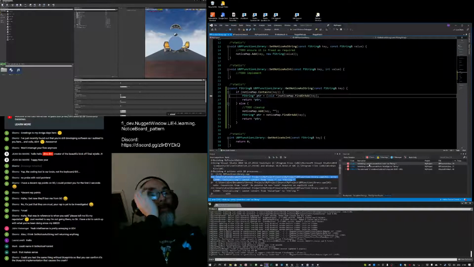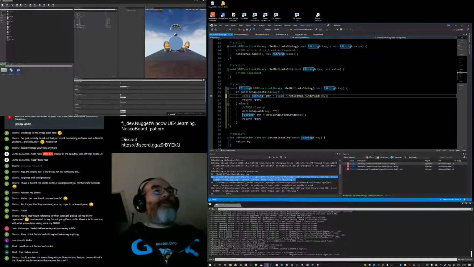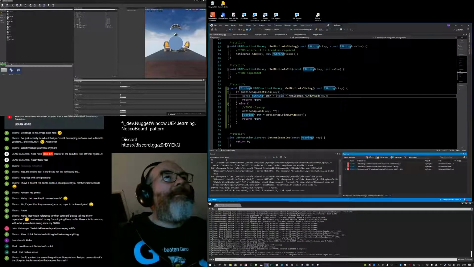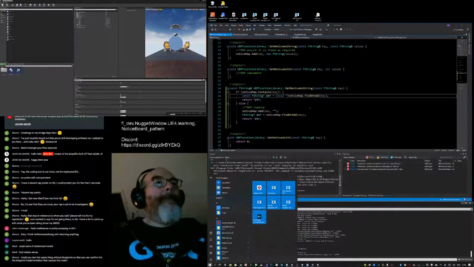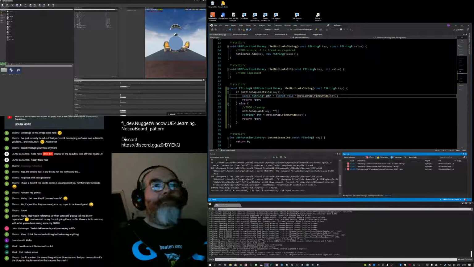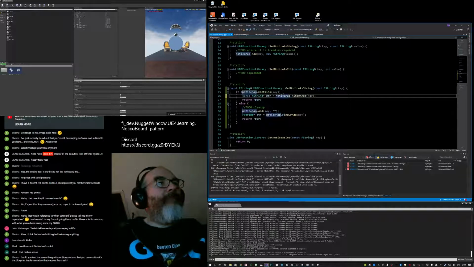Why not? It never says why it can't convert it. It just says it can't convert it. I'm thinking it might actually be due to the fact that it needs to be a const. No, it doesn't like that either. No, this has got me a little bit confused. Because why would it not allow that?